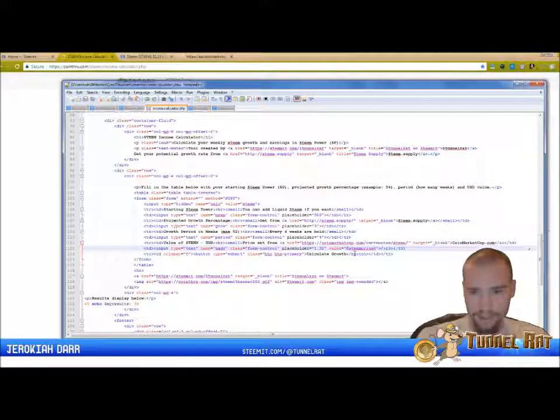I forgot to add, this is important, there's two ways you can do this. You can echo the Steam price within your PHP braces and question marks here, or a shortcut would just be to say less than, question mark, equals, set our variable, question mark, greater than. Save it again,